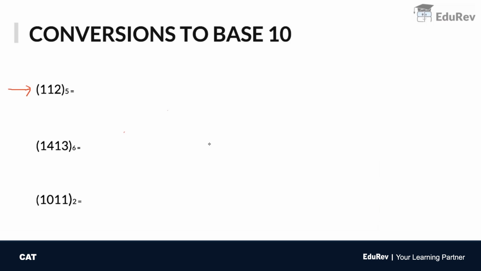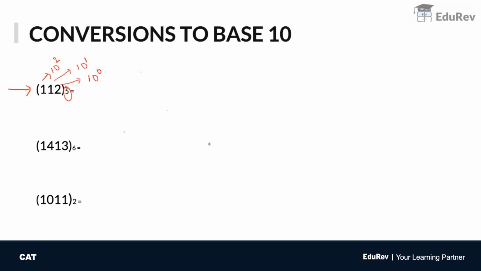Now how do you convert this number to the base 10? What is the process? Now suppose, imagine, had this been to the base 10, what would we do? We would multiply 1 with 10 square because hundreds place, this 1 with 10 raised to 1 because tens place, and this 2 with 10 raised to 0 because the units place. So we would multiply it with the powers of 10. Because your base is 5, you are just going to multiply these digits with the powers of 5. So it will be 5 square, 5 raised to 1, 5 raised to 0, that's it, nothing else.